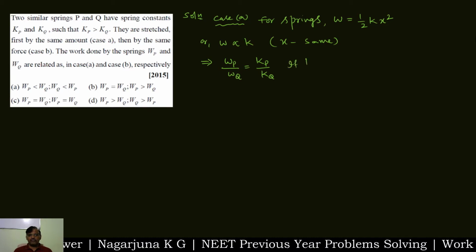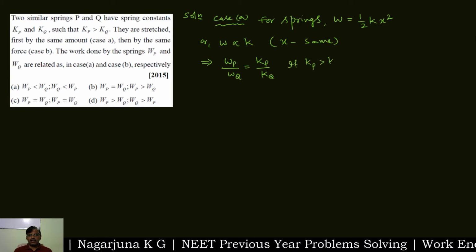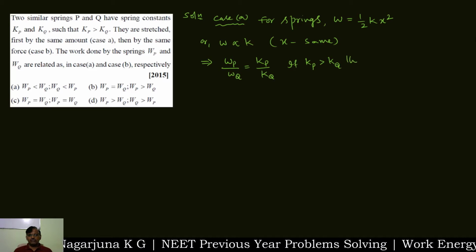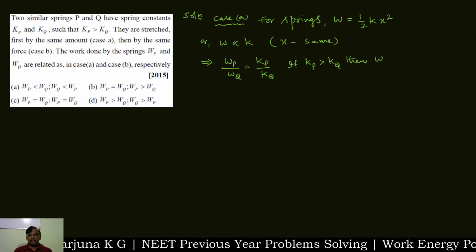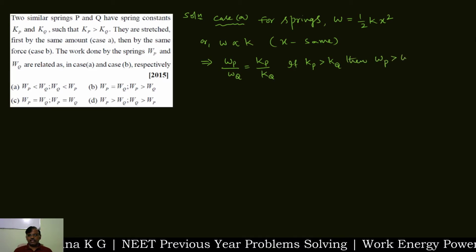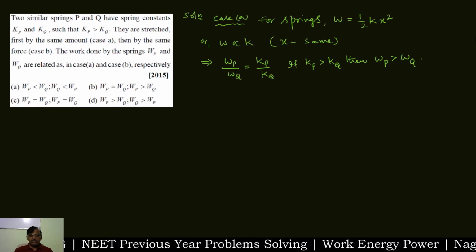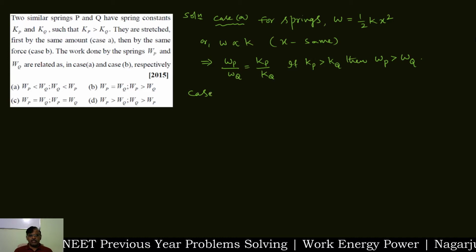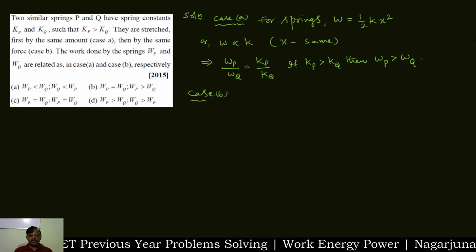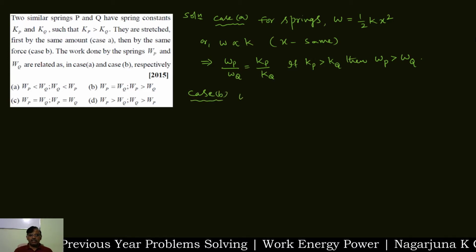If Kp is greater than Kq, then Wp is greater than Wq. This is the first case. And next one, case B, the second case. Again, we also know that